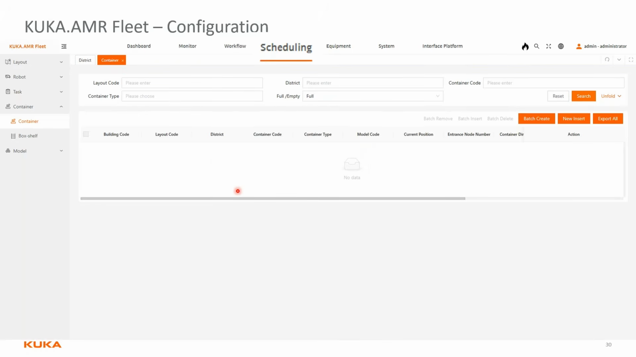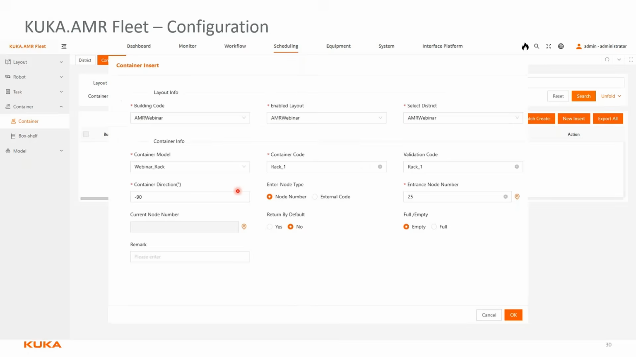But now I want to add a container. I want to say this position has a container on top of it. There is a rack physically there. So I want to go to scheduling, go to container, and I want to insert a new instance, if you will, of that object that we created earlier. So I'm going to select which building, which layouts, which district I want to insert it to. I'm going to select which model. So this is the object